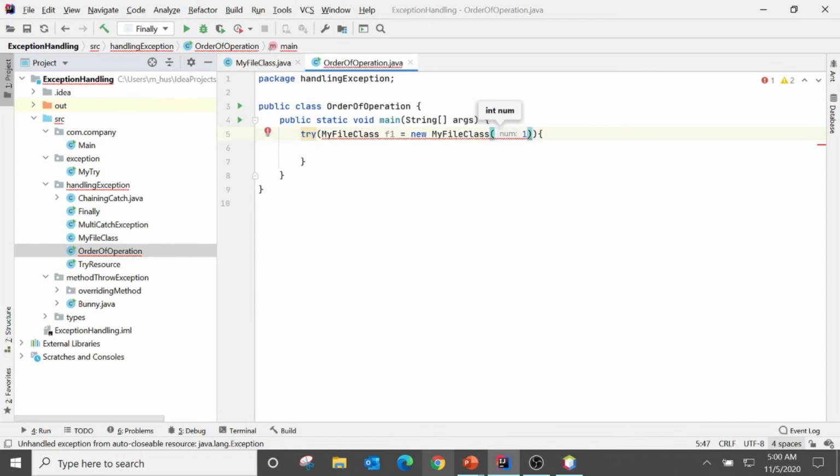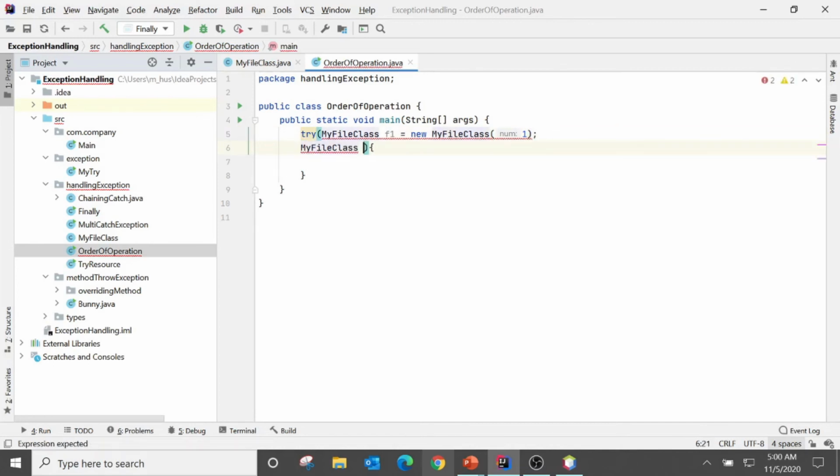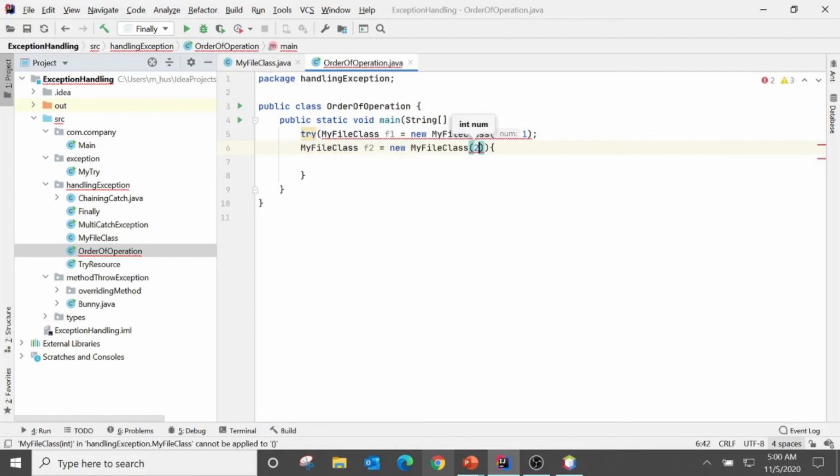Okay, and then I make another object, my file class f2 equals new my file class, and the value is 2. Okay,